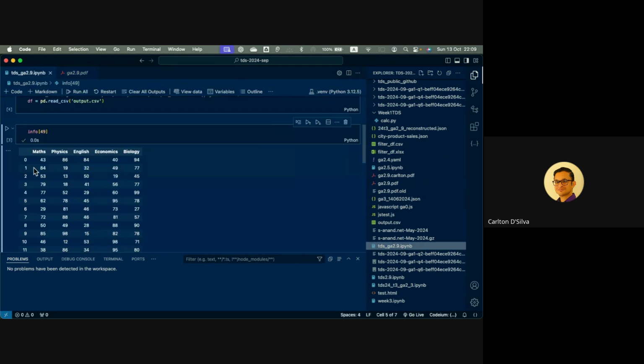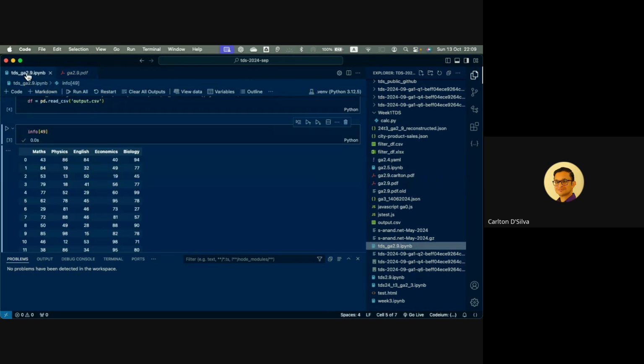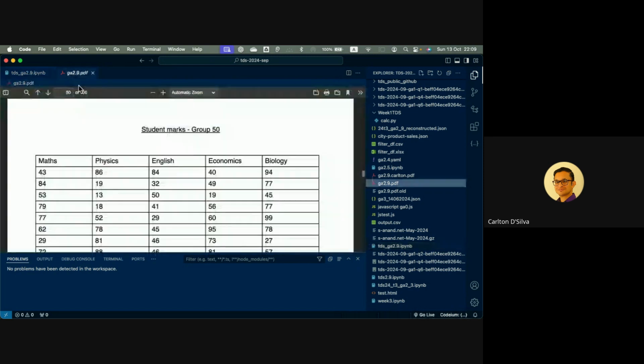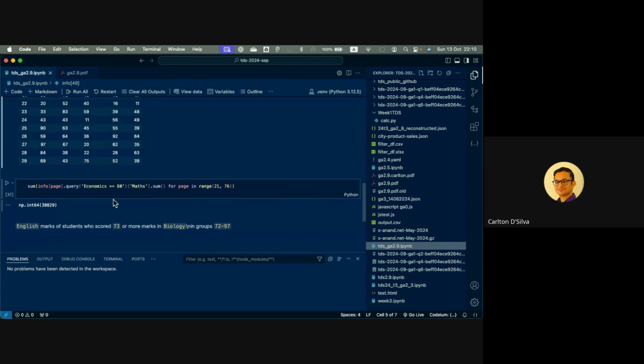So let's see. 49 is not that, right? So it's probably 48. No, sorry, 50. Is it 50? Yes. So now you know 49 refers to group 50. Sanity check. Something we fail to do. In ROE, this will save your life, okay? Doing sanity checks. Okay, now that we've got that out of the way,